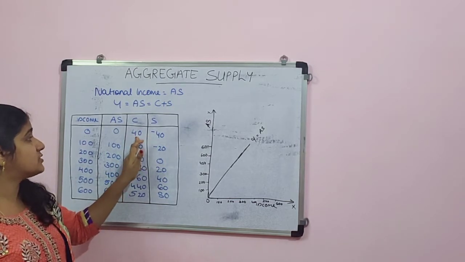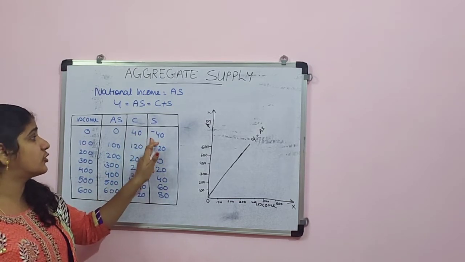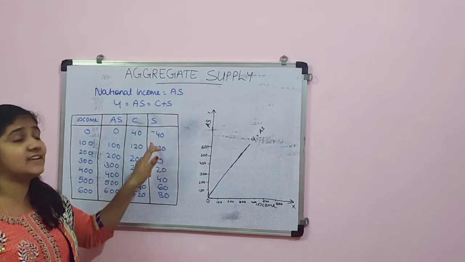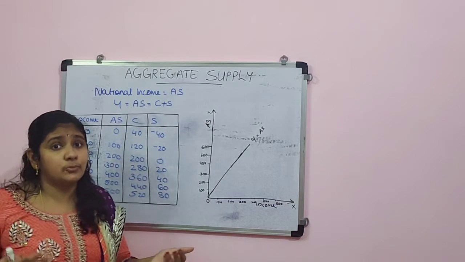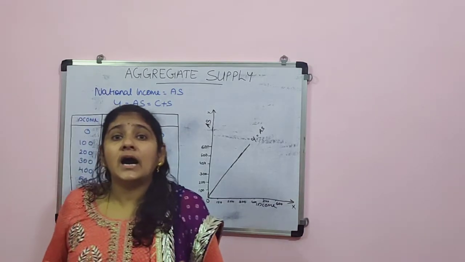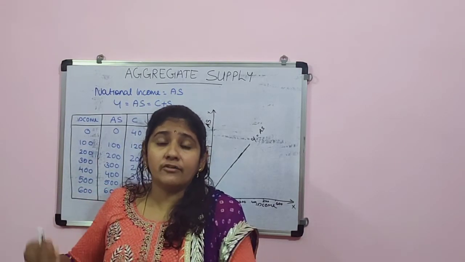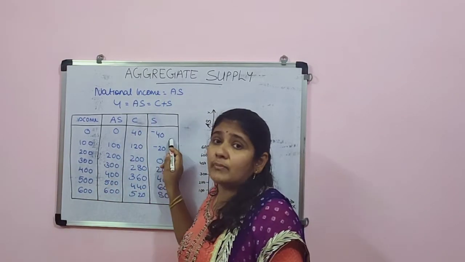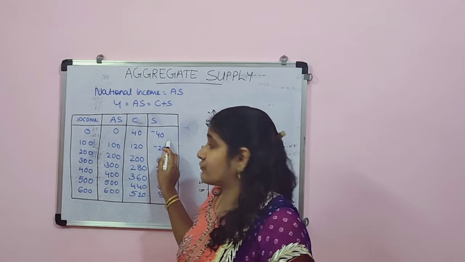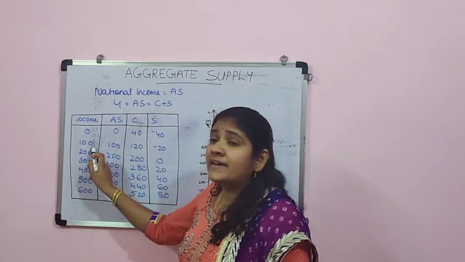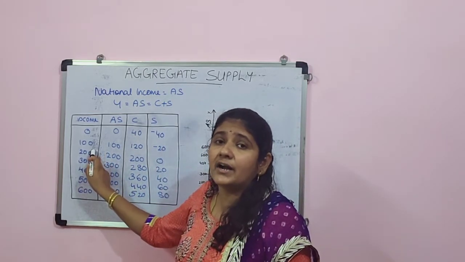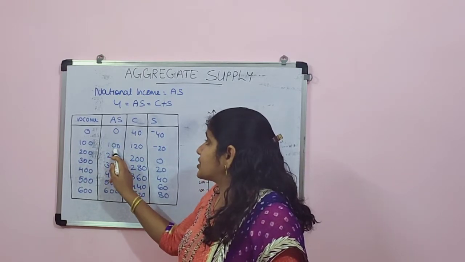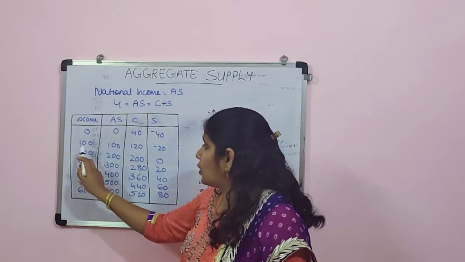Then when the consumption expenditure is 40, here we can say that saving is minus. Either it may be a borrowed amount, otherwise we may be using our past saving. So that is why here I have mentioned it as minus 40. Then the second one, when the income is 100,